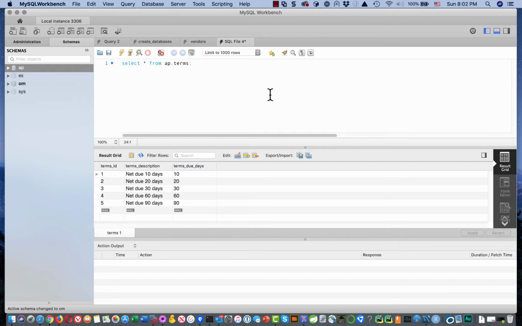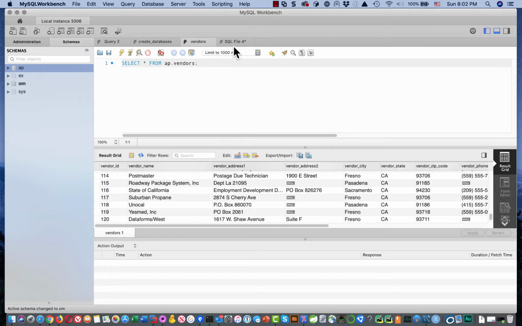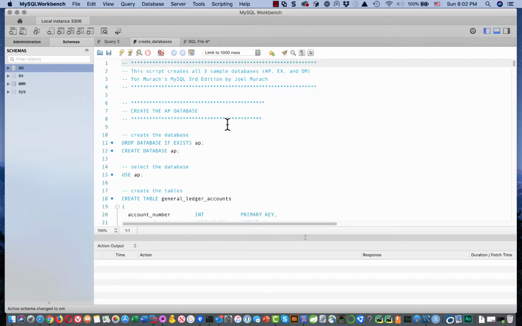So for instance, if we close, let's go to vendors. If we close the vendors tab, it's going to close them both. Okay. How can we close everything? Well, in the macOS version of this, you can't close all of the tabs, but you can close what we